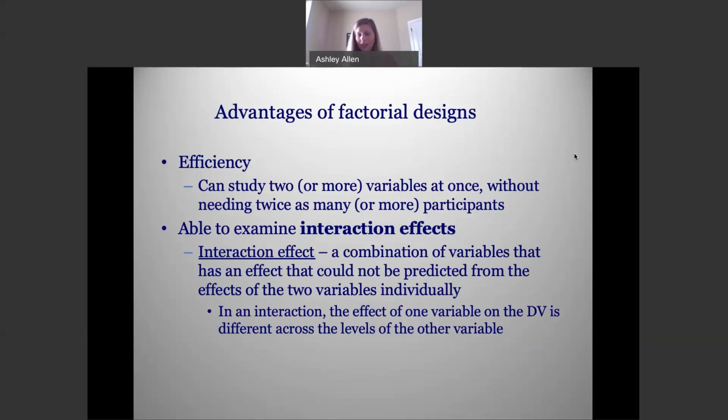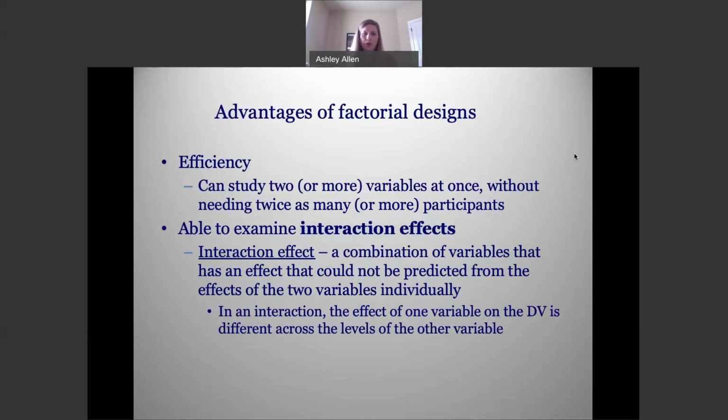Like, I don't care. A turtle's a turtle, the number of turtles doesn't matter. That right there is an interaction prediction. It's like saying that when I'm talking about dogs, the number of dogs matters for happiness. But when I'm talking about turtles, the number of turtles actually doesn't matter for happiness. Does that make sense? So I'm just trying to find a way of combining two independent variables to create